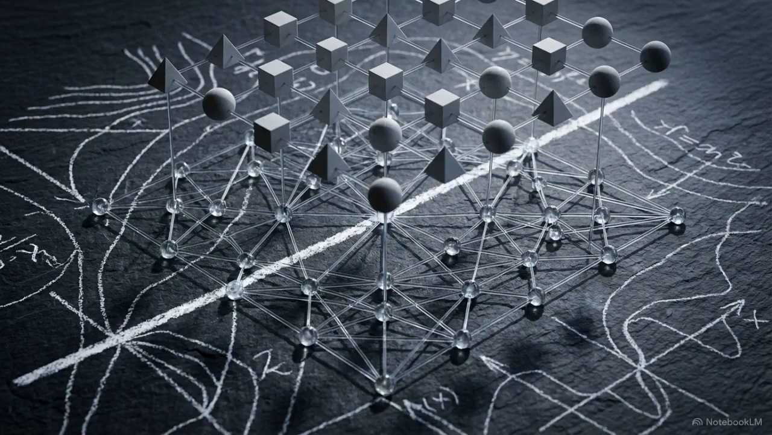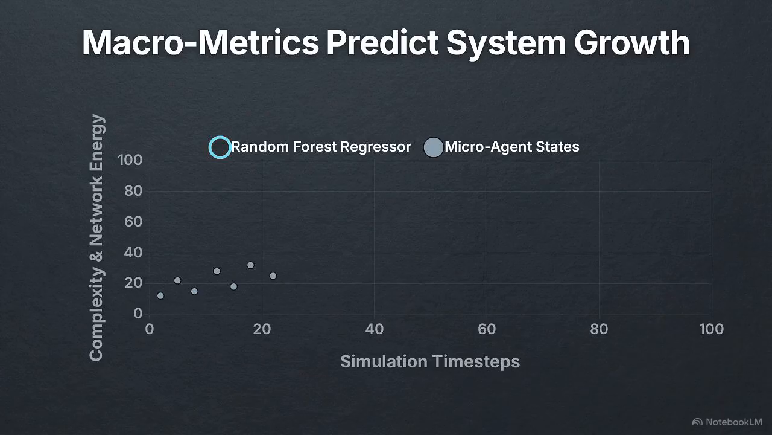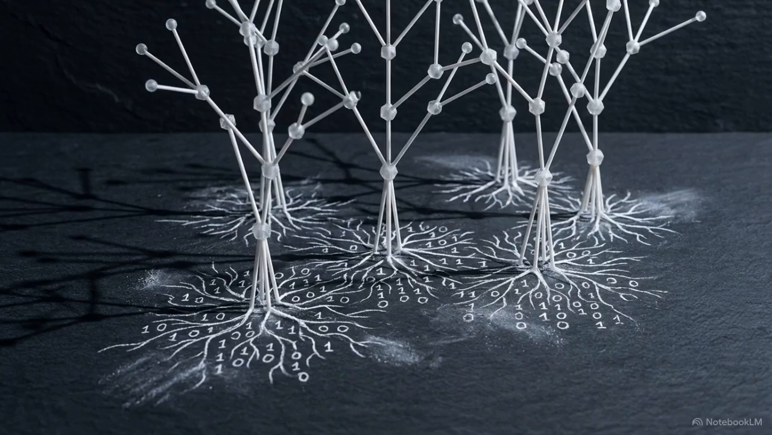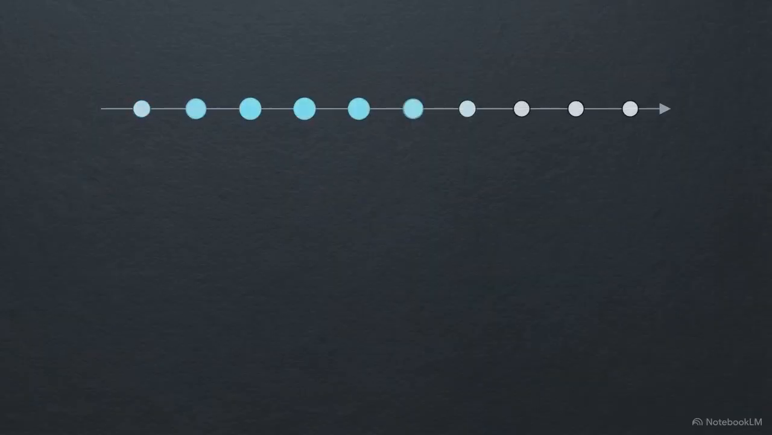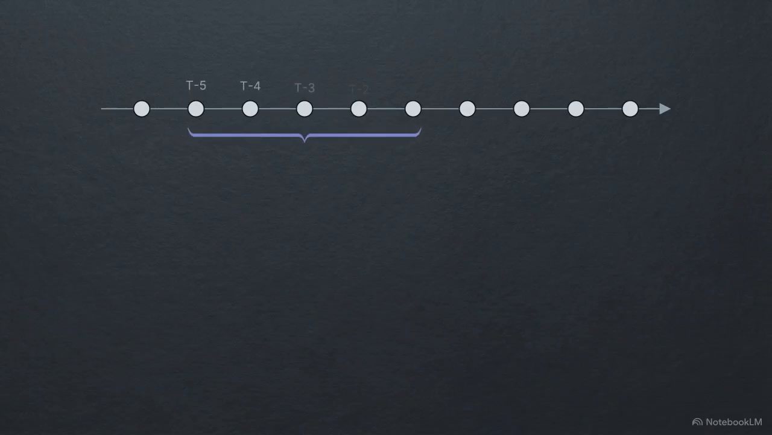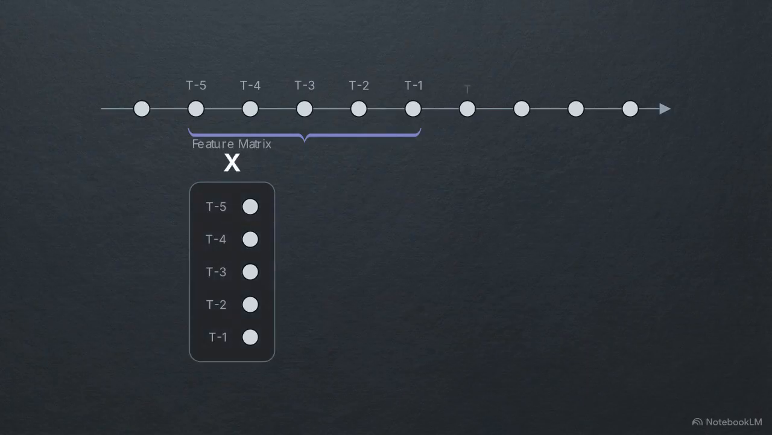In the simulation's final layer, raw topological data is extracted to predict future system states. A random forest regressor analyzes macrometrics like spatial complexity and network energy. It is a machine learning algorithm that uses an ensemble of decision trees to predict numerical outcomes based on historical patterns. Training requires feature engineering, using the sliding lookback window shown here to format raw data into structured inputs. The window captures historical states from T-5 to T-1, forming the feature matrix X, which predicts the singular future state